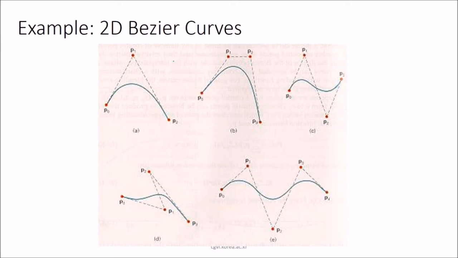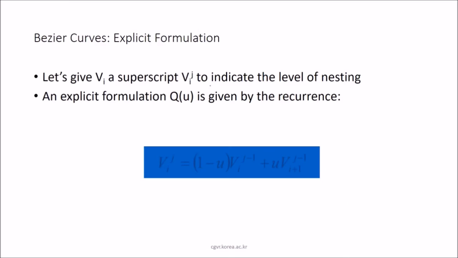So these are 2D Bezier curves. See, you have a certain curve and now you have control points here. So when you have one control point, you can have two control points, and depending upon these control points, this curve is going to take shape. P1 is here, P2 is here. So with P1 the peak is here, with P2 the peak is here. You have one more P here. So in this way the 2D Bezier curves can be represented.